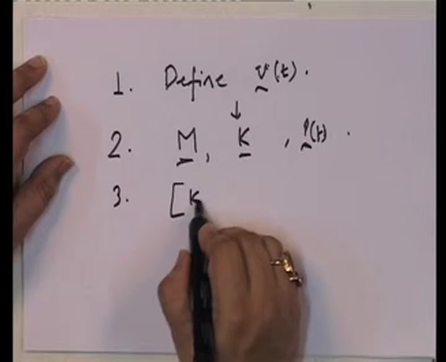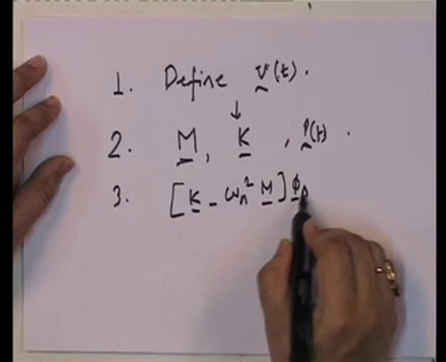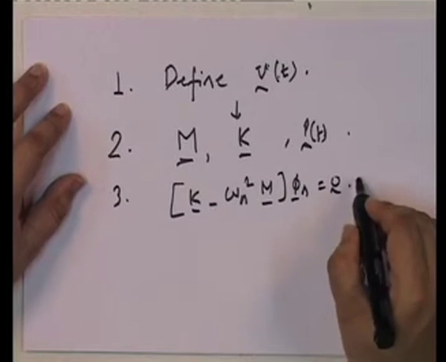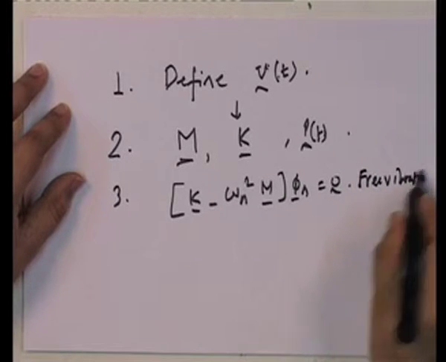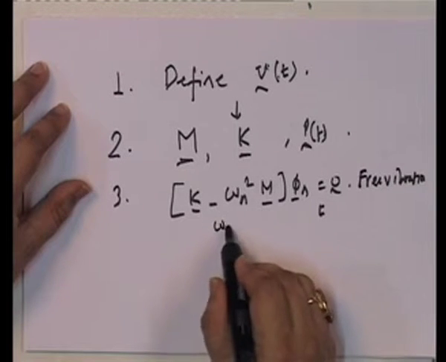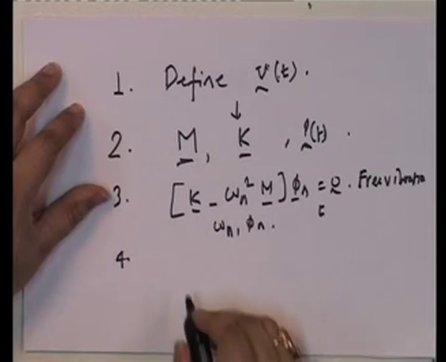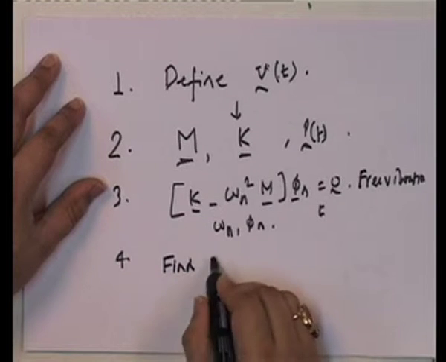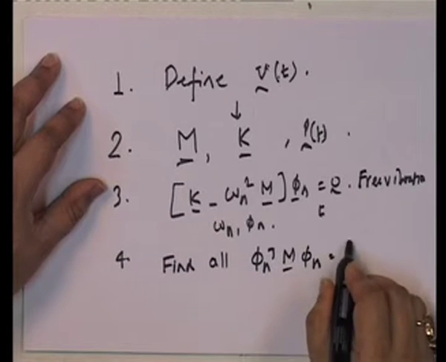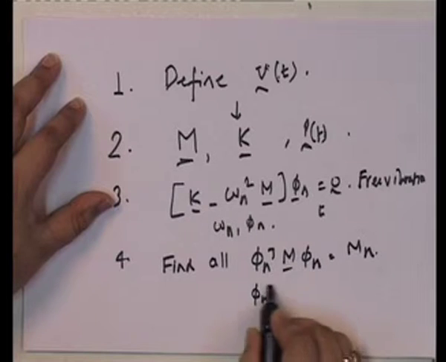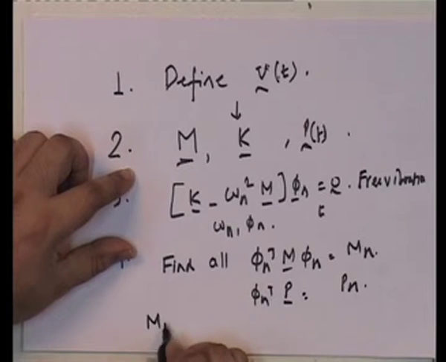Then solve this free vibration eigenvalue problem for omega n and phi n. 4. Find all phi n transpose M phi n, that is Mn, and phi n transpose P, which is Pn, and then solve